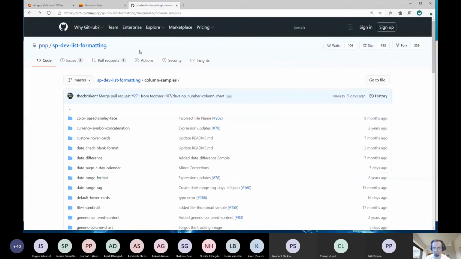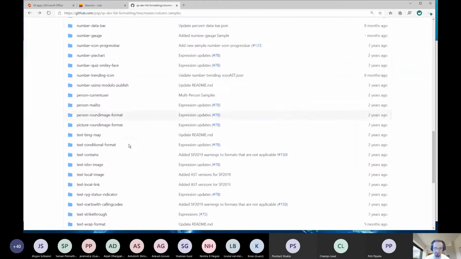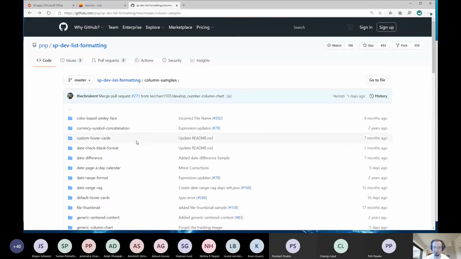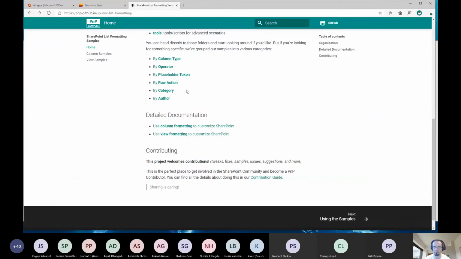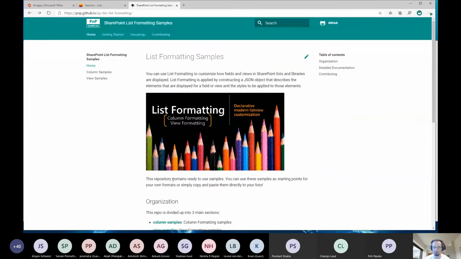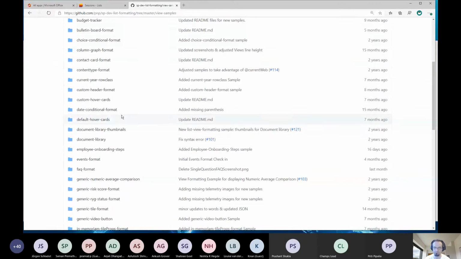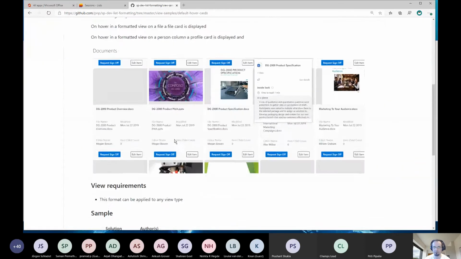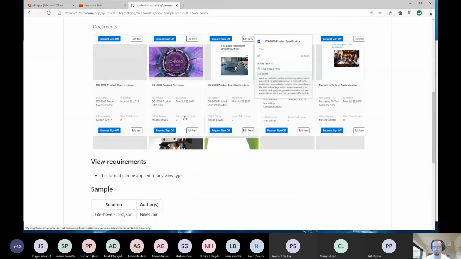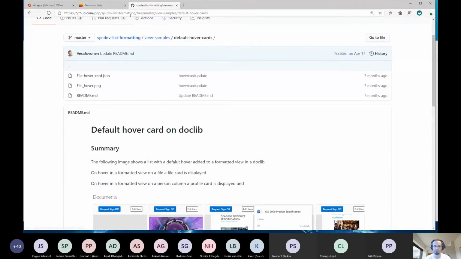But I think those samples are fantastic, and you can get a lot of great ideas how to format your items, but also how to format your view, because it works the same way. You can format your views with some advanced options, with buttons on your cards, etc. Great source.